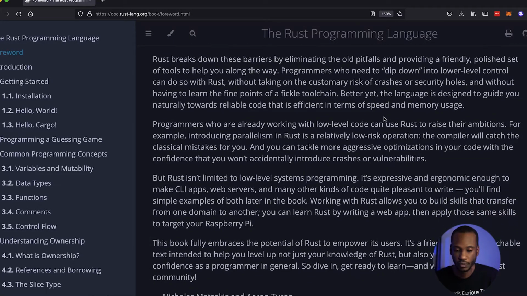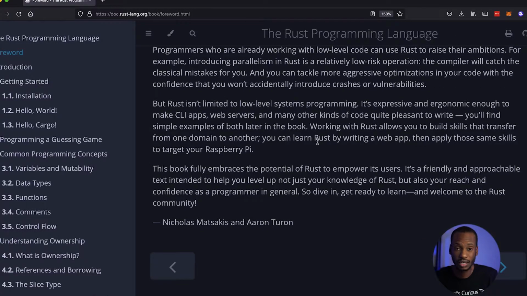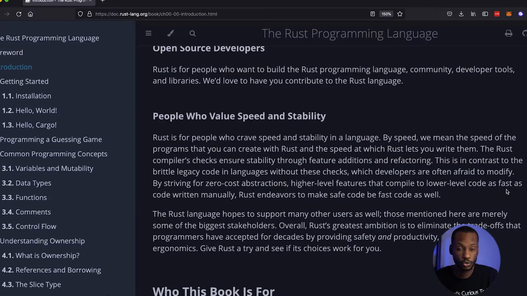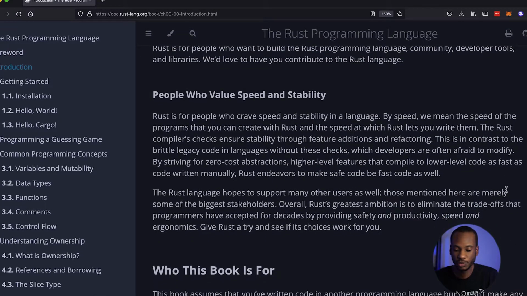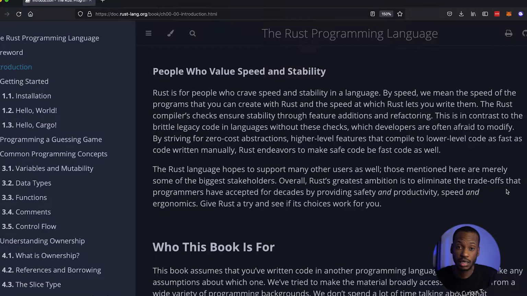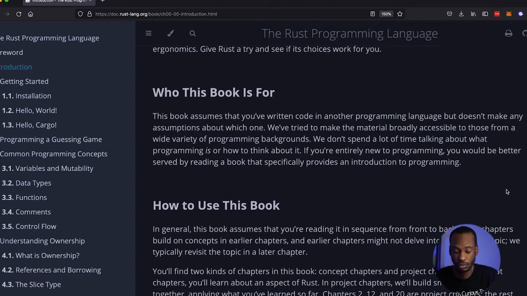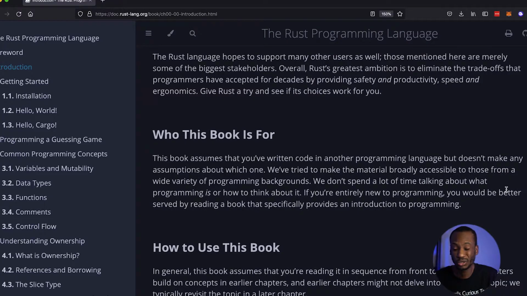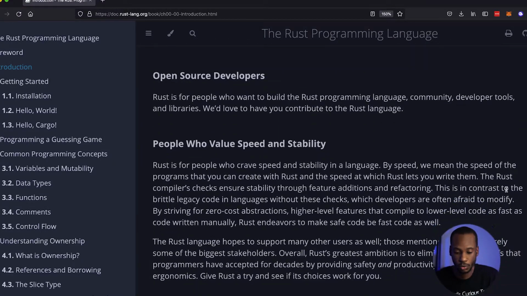Polished set of tools. The language I used most recently that had a really good tool chain is Golang. They had a lot of tools along with it that just came with the language by default. Not everything, but a lot of things you needed. So I'll be interested to see how the tools parts work here. And not just a low-level language. You can write CLI, web servers, infrastructure code, APIs, etc. Who's Rust for? People who value speed and stability. It's a good combination. I value those things. Ease of use, maintainability, easy to learn, other things I value. So, okay,